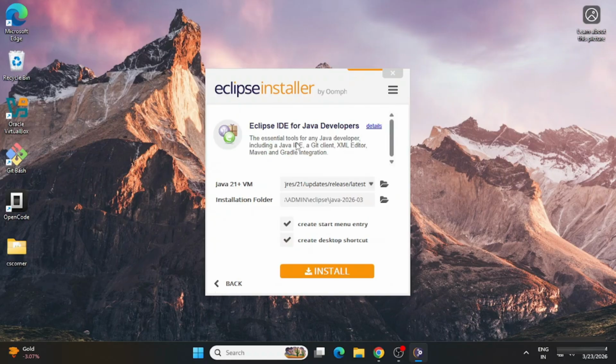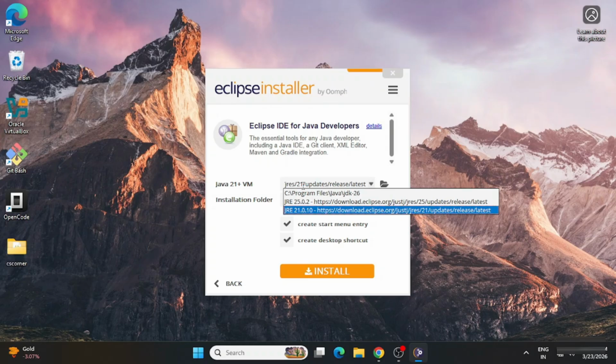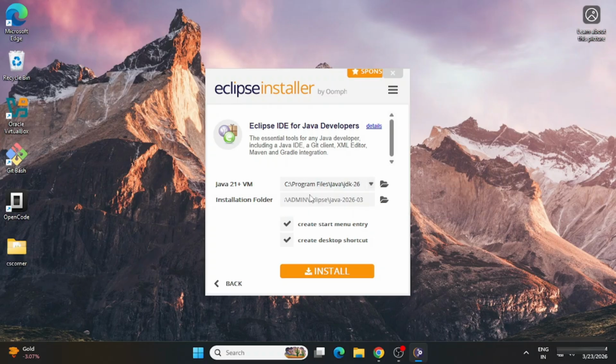So guys, it has taken me to this page, and here it's showing me Java JDK. Hence, I told you to install JDK first. If you are not installing JDK at the beginning, you can select it from here also. This also takes time for the installing. Hence, I prefer installation of JDK first, not from here. So now, guys, it has already detected my JDK.